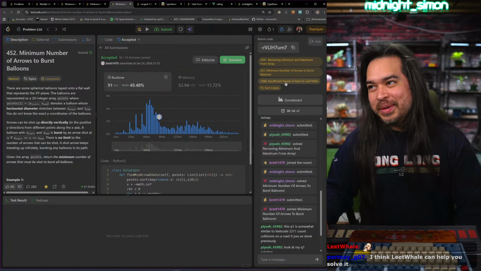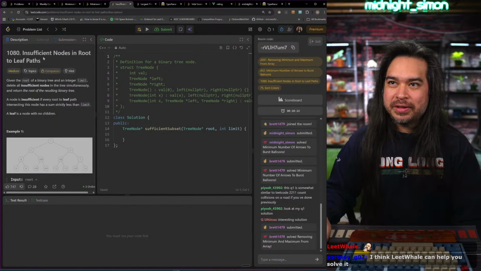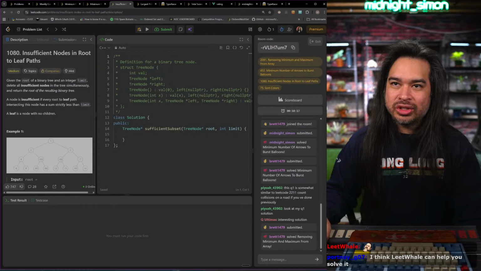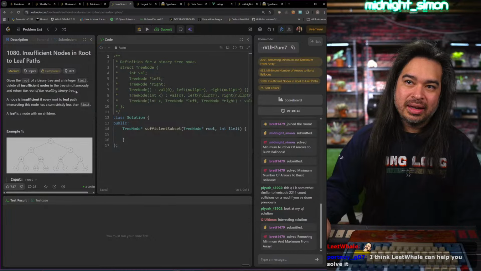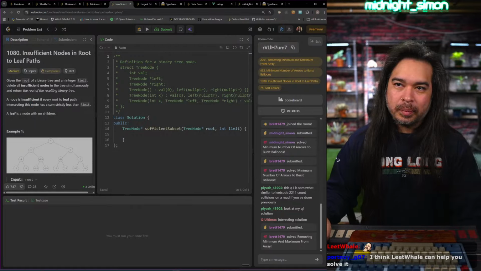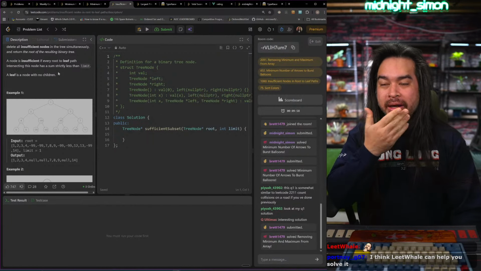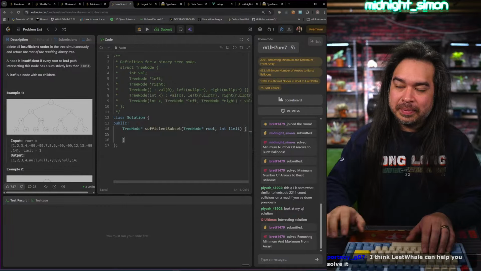I'm feeling lazy, man. But let's try one more problem. Insufficient nodes in root to leaf path. Given the root of a binary tree and an integer limit, delete all insufficient nodes in the tree simultaneously and return the root of the resulting binary tree. A node is insufficient if every root to leaf path intersecting this node has a sum strictly less than limit. I can do it, man. Let's see. So